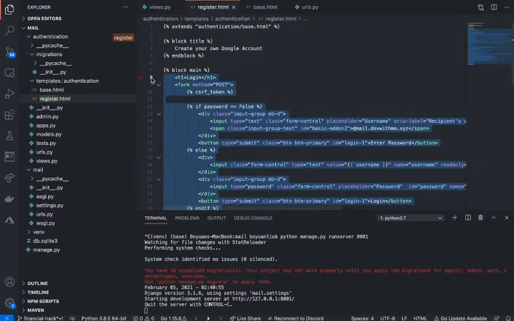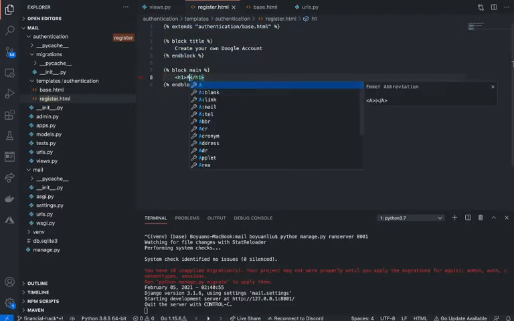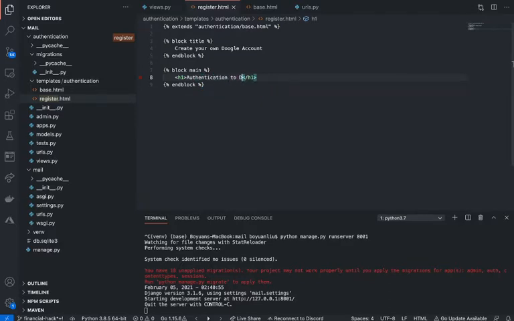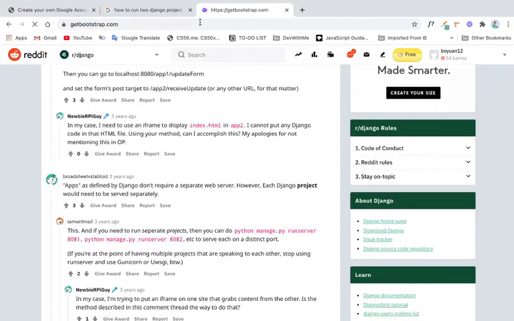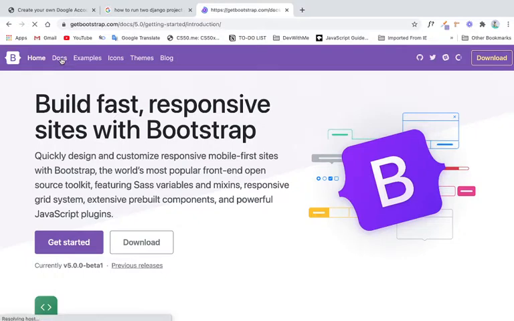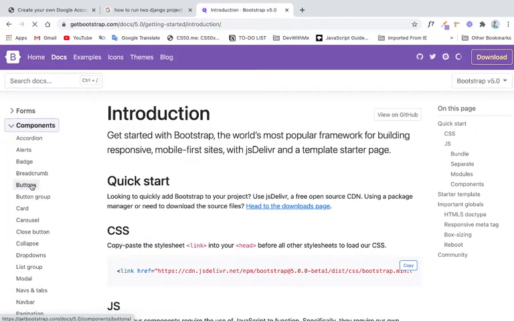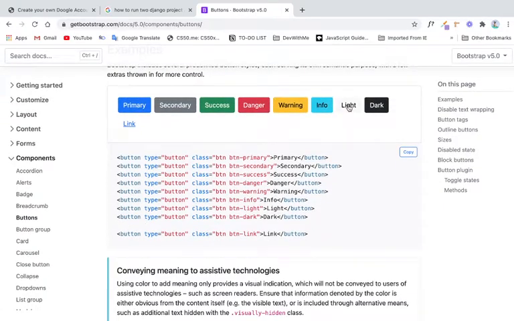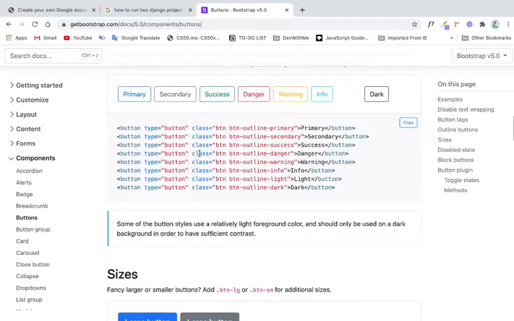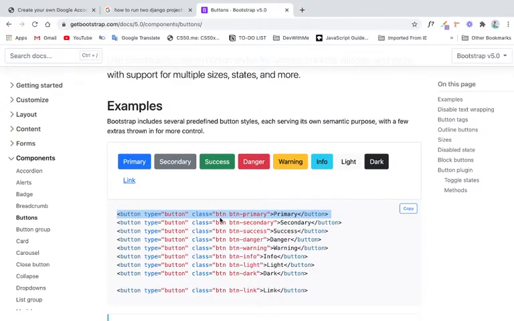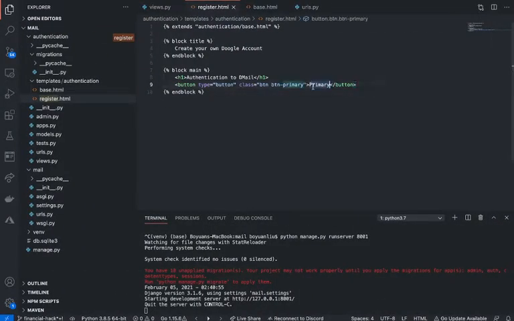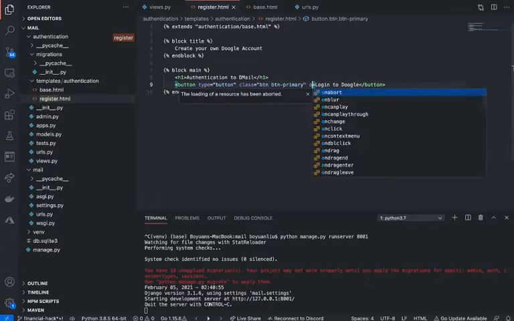Let's just remove everything from the body here. Alright, to Gmail. All right. So let me go to Bootstrap and then get a nice looking button there. So components, buttons. All right. Log into Google. All right. And in here is a,